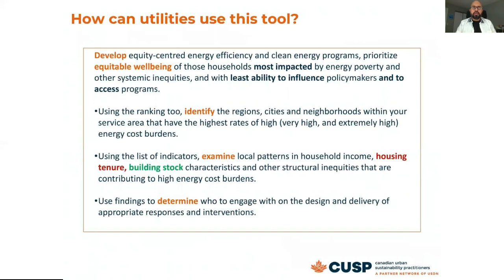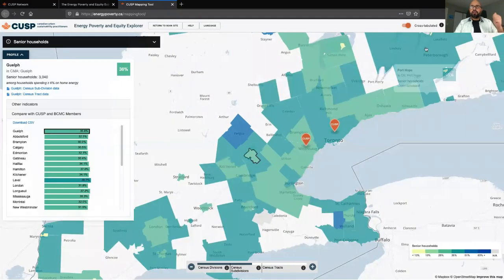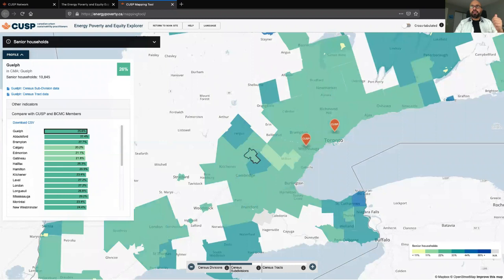What I'm going to do is talk very briefly about the different ways that utilities can use this tool. Let's get into it. Okay, so here are 4 different ways as a utility you can use this tool to improve program design and improve the households that we target. Again, these are just 4. I present these as a starting point, and encourage you to dive further into the data.